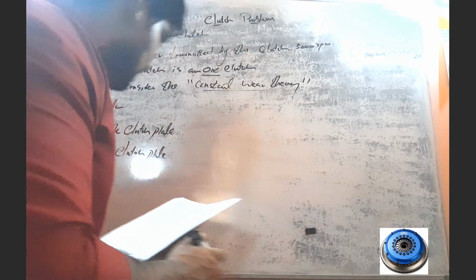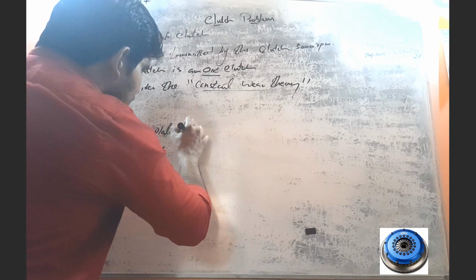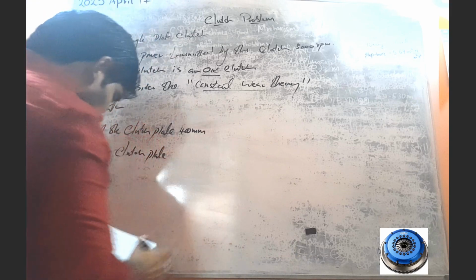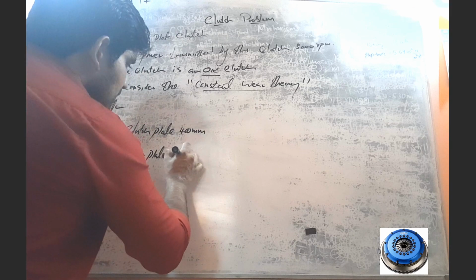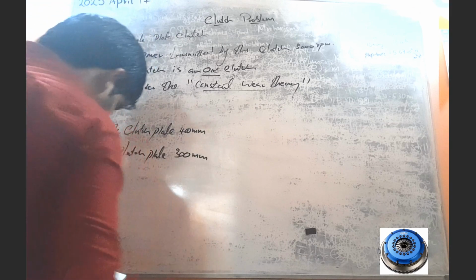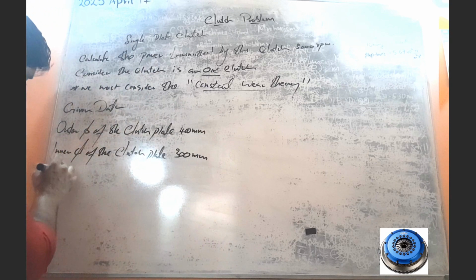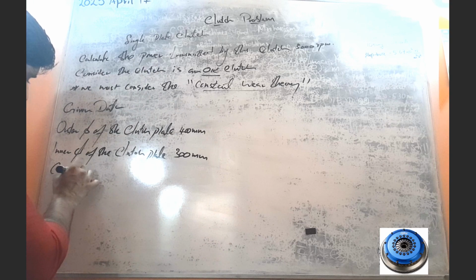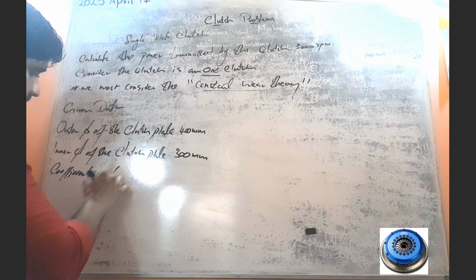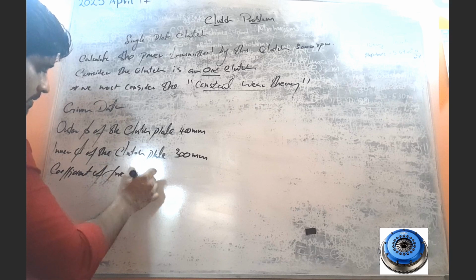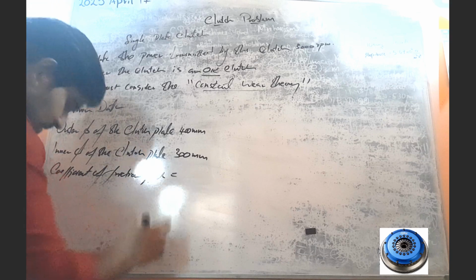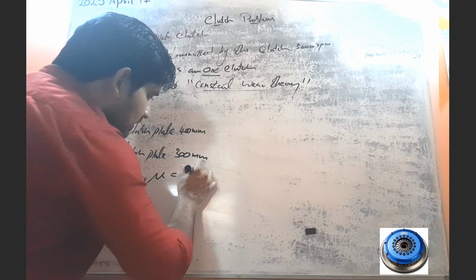So what is that? 400 millimeters, 300 millimeters. Then the coefficient of friction mu is given as 0.35,